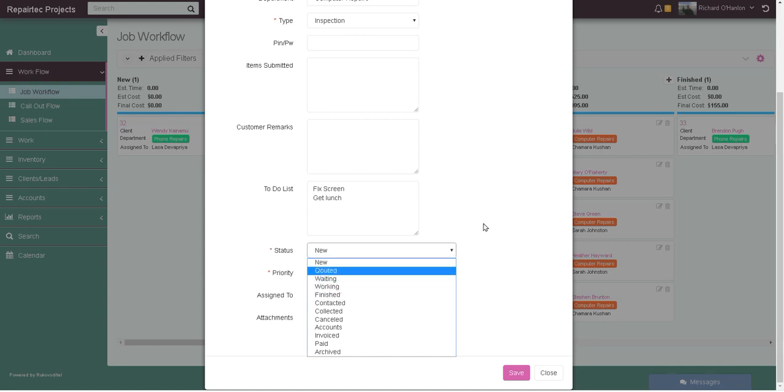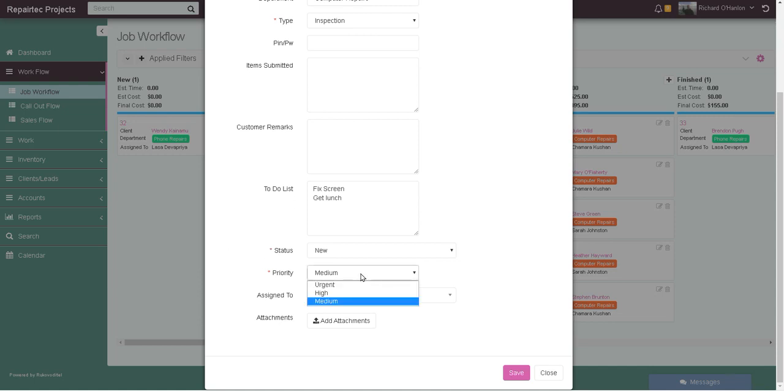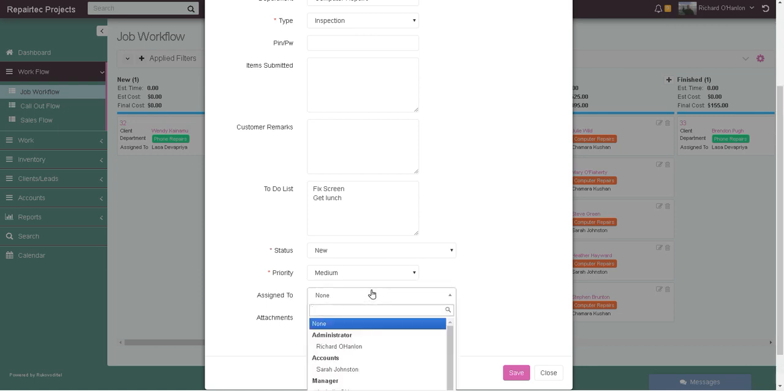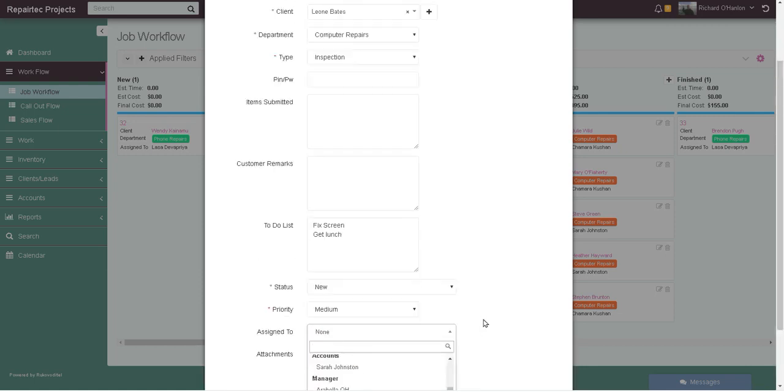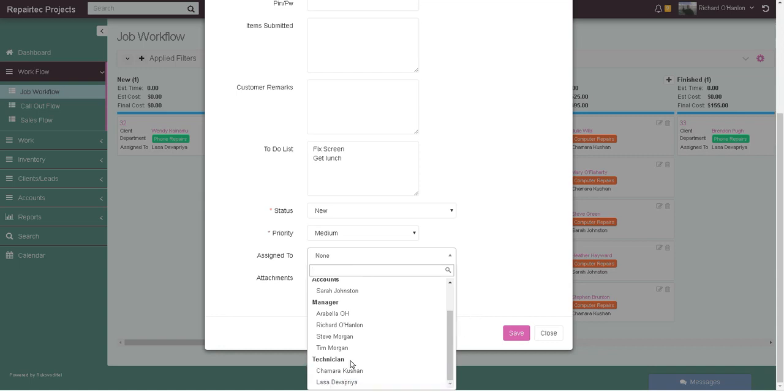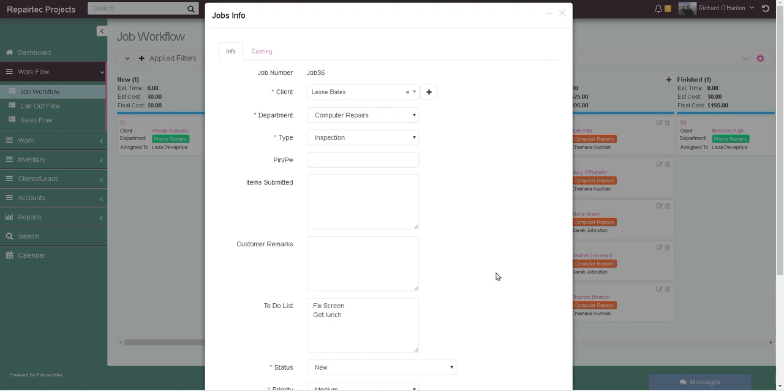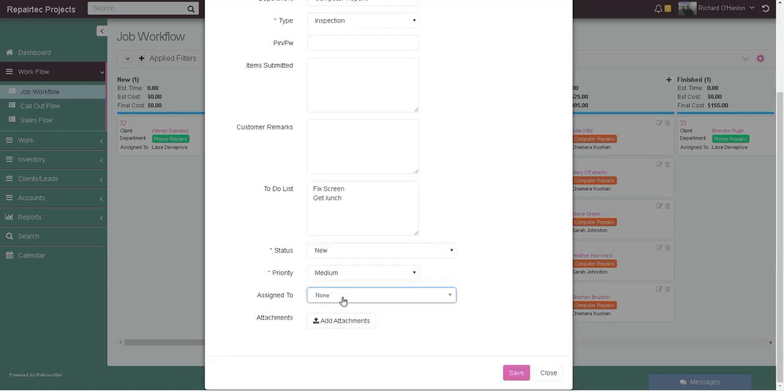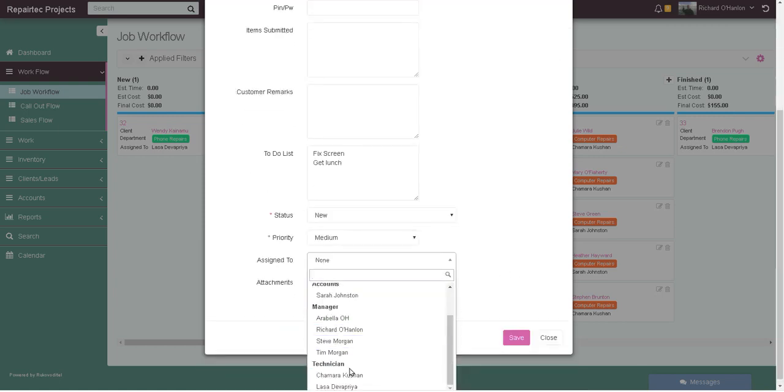So you just go down to working. Priority, you can put it as urgent if you want to, so we can pull up all the urgents. Assigned to would be whoever the person is that is doing the job. Chamara, Lhasa. I might move these up so the technicians are at the top, make it easier for us. So I'll just go Chamara,